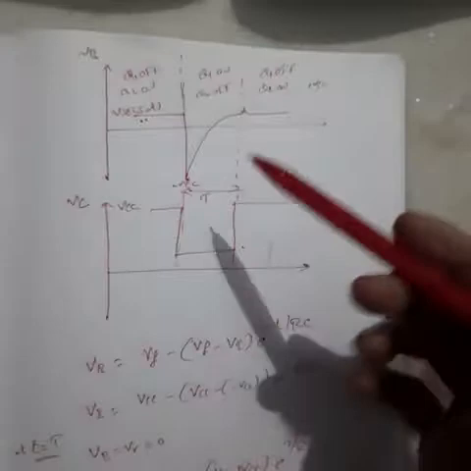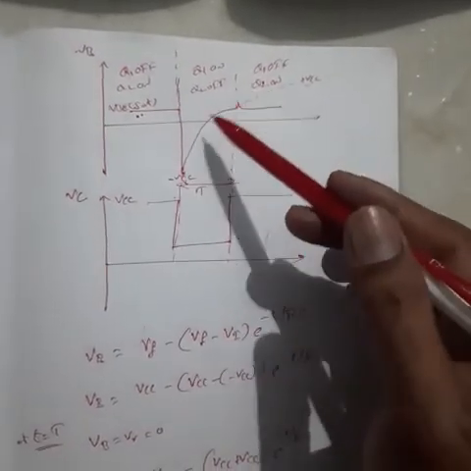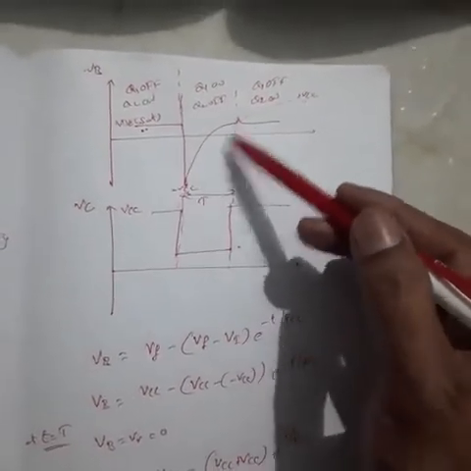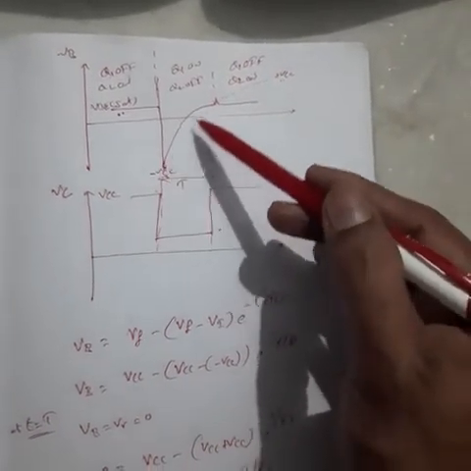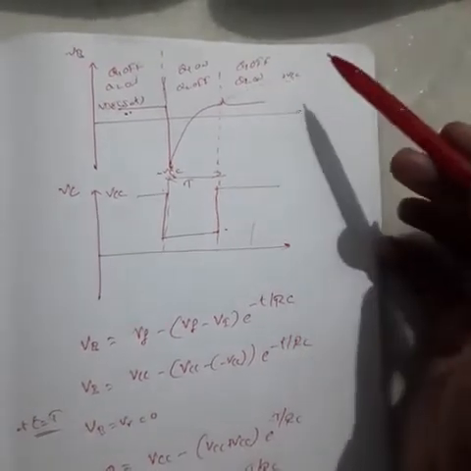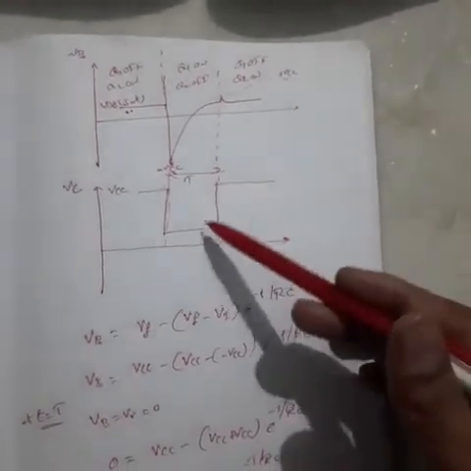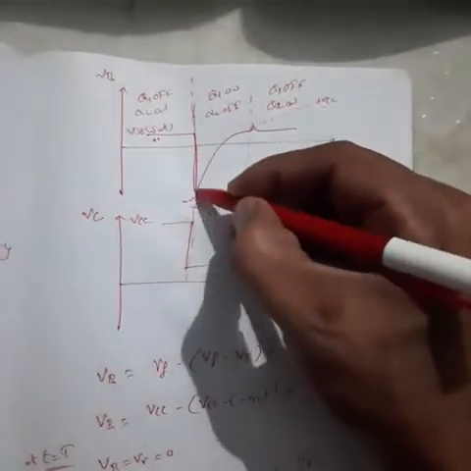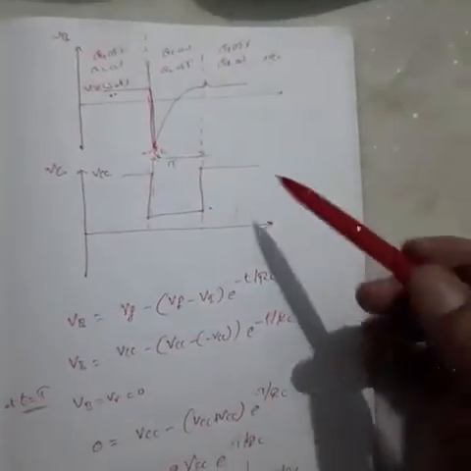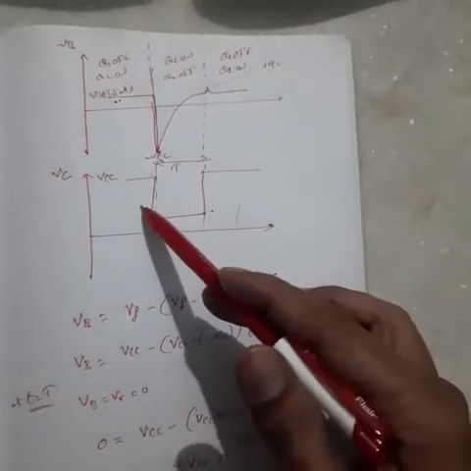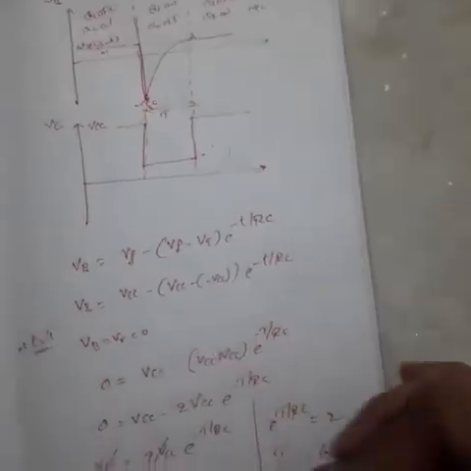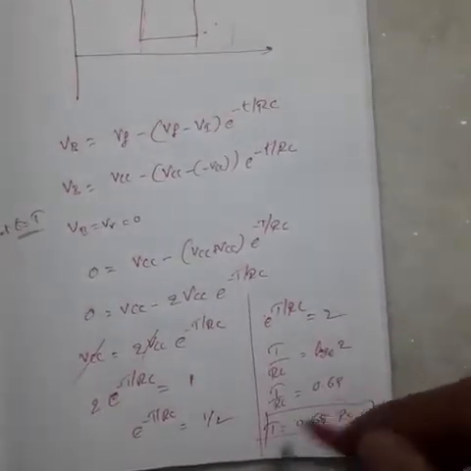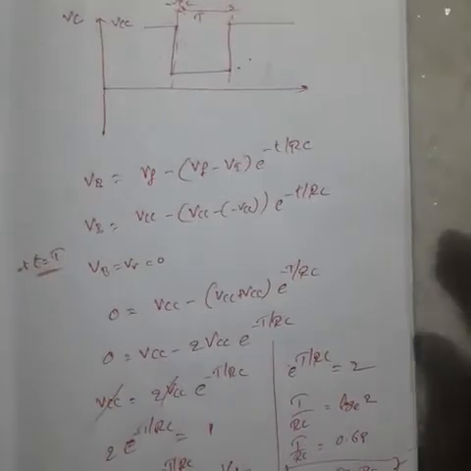Then we get the input voltages in exponential form. The capacitor starts charging slowly and exponentially. It does not allow sudden changes. It starts charging exponentially and also discharges exponentially. For this pulse output, this is the pulse width equation, used to calculate the pulse width. This is the equation.